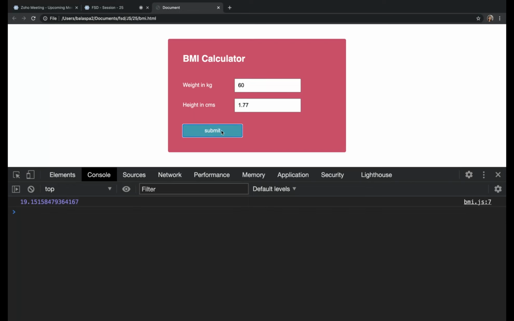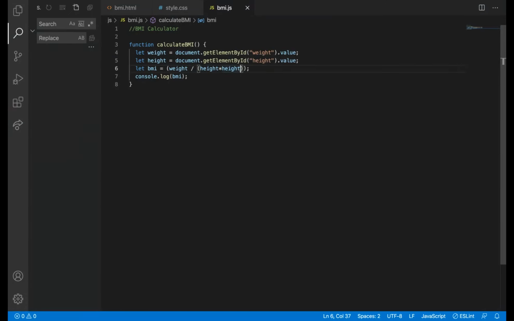Is it correct? So if I want to convert it into meters, I need to multiply it by 100 into 100. Correct, right? What's the problem?